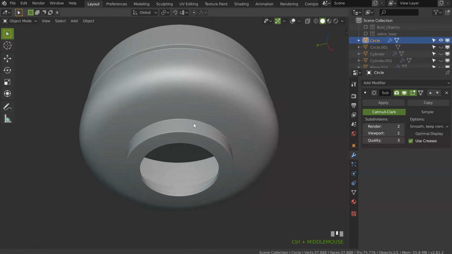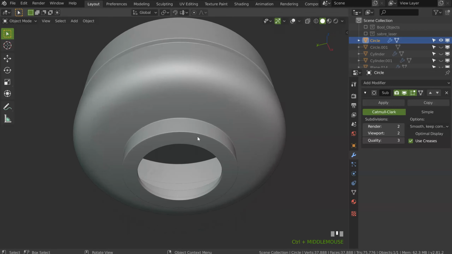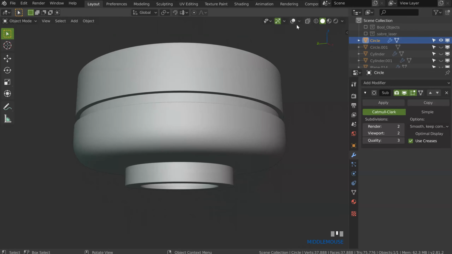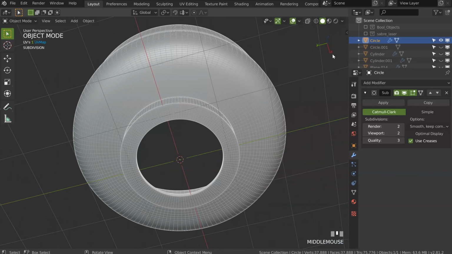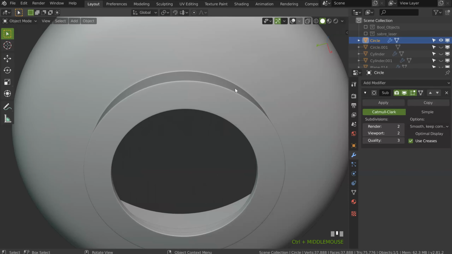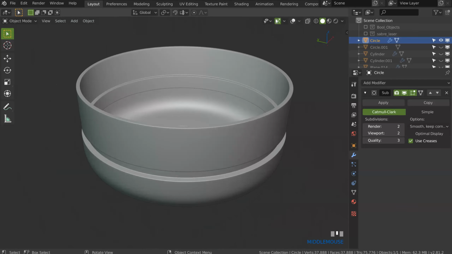You can do whatever you want now. You can edit, unwrap, etc, etc. So your object is correct. Because I added enough subdivisions to have something correct. So this is important to always add the proper number of subdivisions. Okay? So, now,